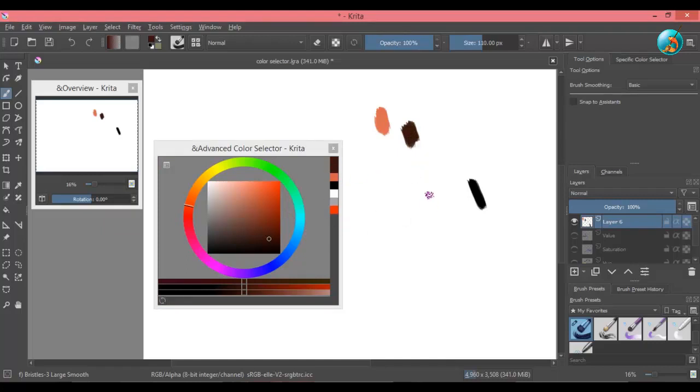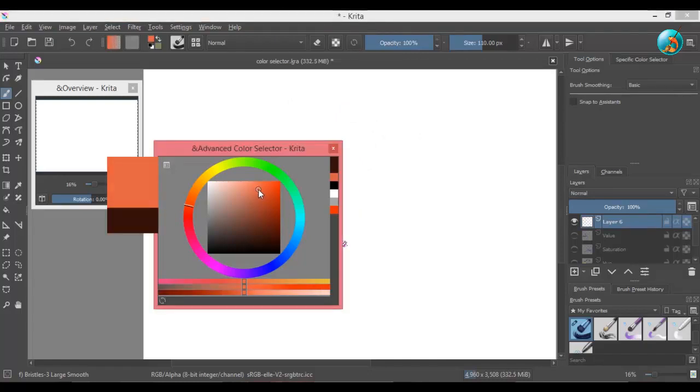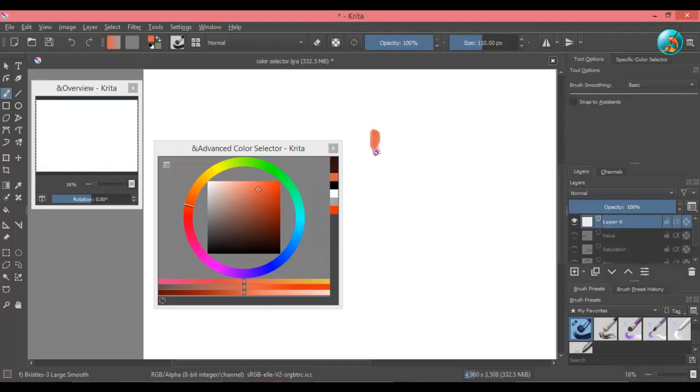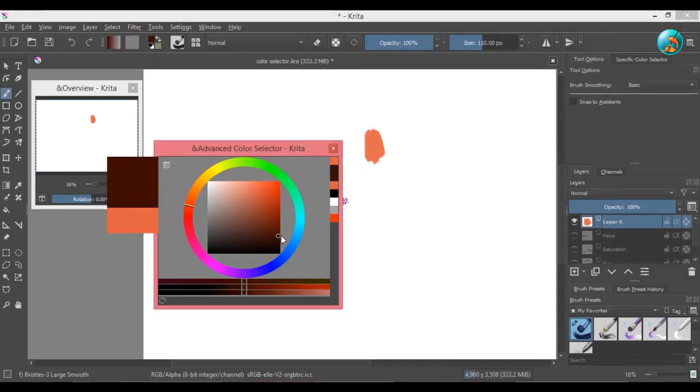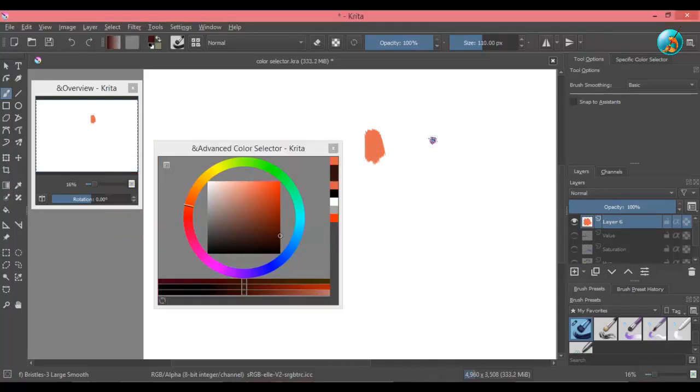Saturation and value work together in this color model. Meaning, if you select a color, you will always have saturation and value in it. For example, let's take two colors. Now this one is somewhat saturated but bright in value. And this is high in saturation but darker in value. When you completely understand how this color selector works, you will be able to work much more quickly and efficiently.